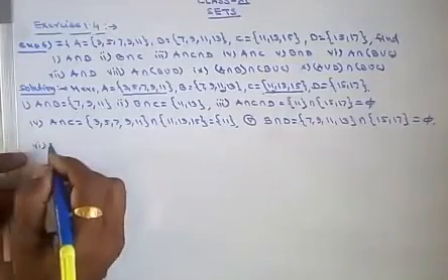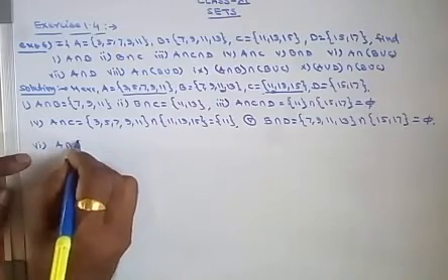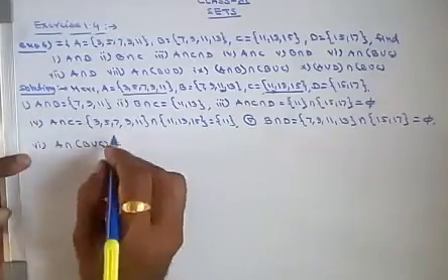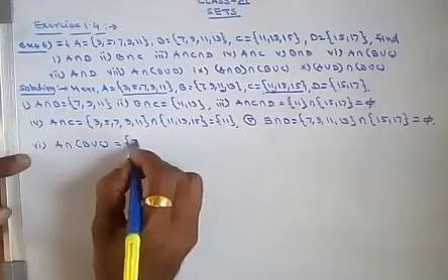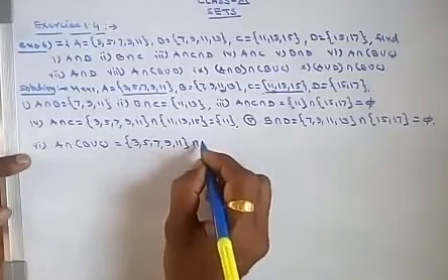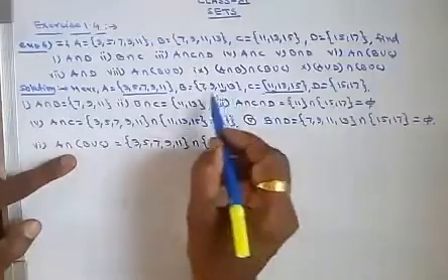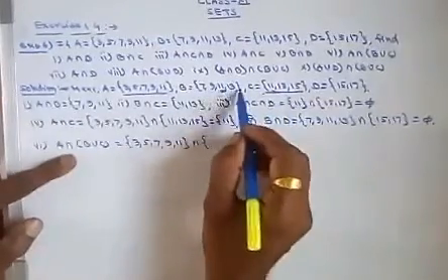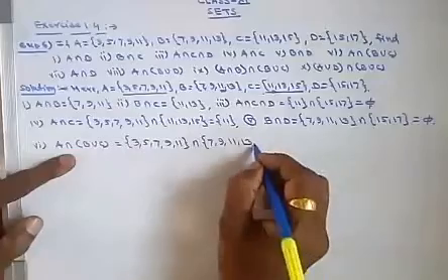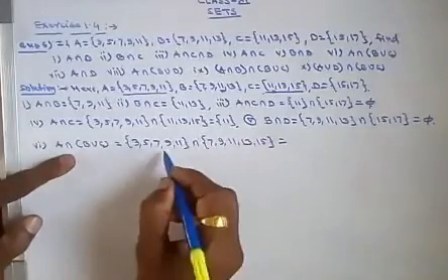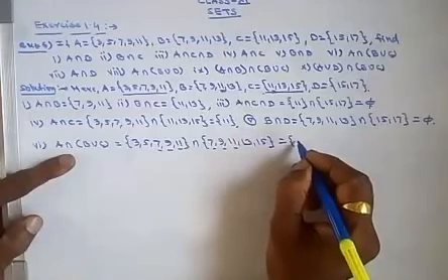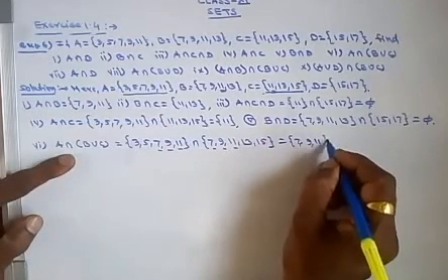Okay, then come to 6th question. 6 is A intersection B union C. So write A. What is A? A is 3, 5, 7, 9, 11. Intersection, write B union C, the union of B and C: 11, 13, 15. 11 and 13 are repeated, so 7, 9, 11, 13, and now 15 is added. Look at the intersection: 7 is there, 9 is there, 11 is there, the rest are not common. So 7, 9 and 11.